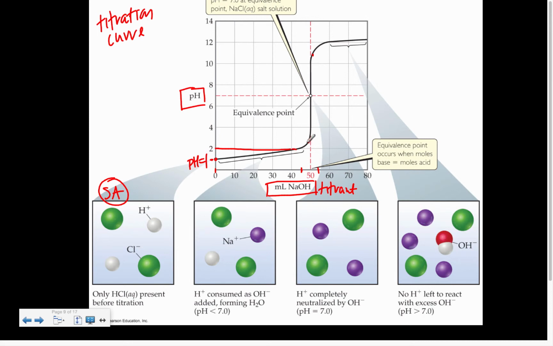And that's where we go from being acidic to being basic. And why does it become basic up here? Because once we pass the equivalence point, we now have excess base. So at the equivalence point, like I said, we have neutralized completely our original strong acid. The moles of titrant, so if we think about here, the number of moles of hydroxide added equal the number of moles of H plus originally present,